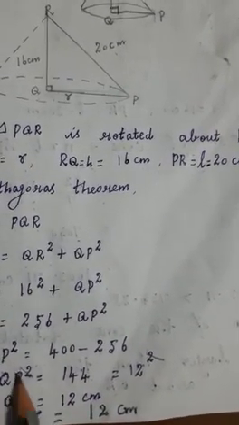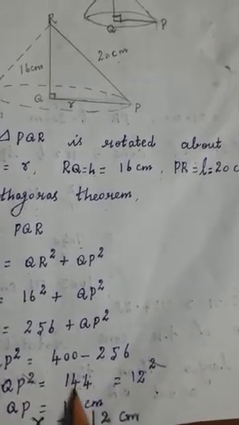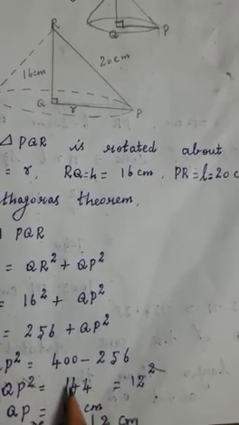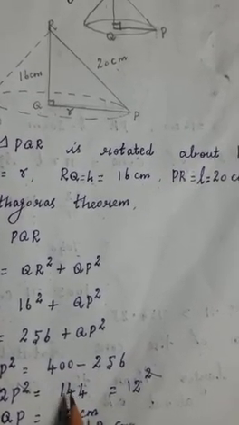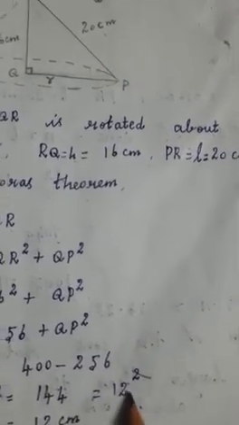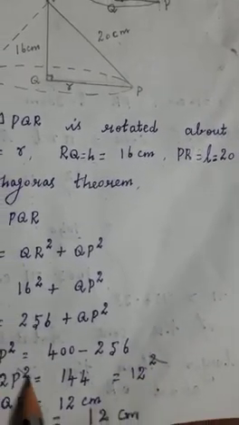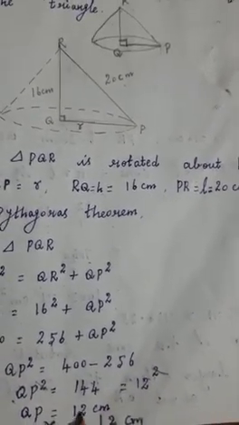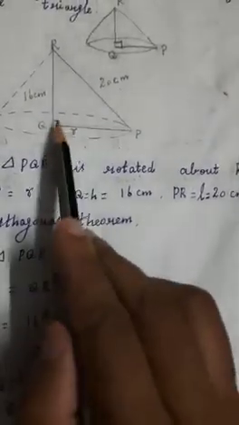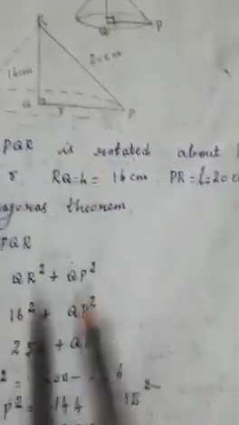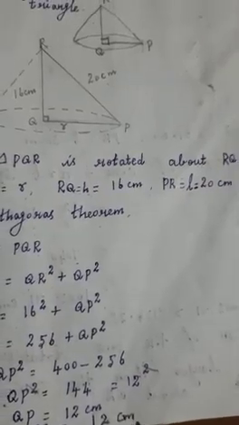Now here the left hand side, QP square you have. So right hand side also we can make the square: which same number if you multiply you can get 144? 12. So 12 square you can get. Now this square you can cancel it. Now you have got it, QP is equal to 12 centimeter. QP means nothing but the radius of the cone only. So R value now you have got, that is 12 centimeter.